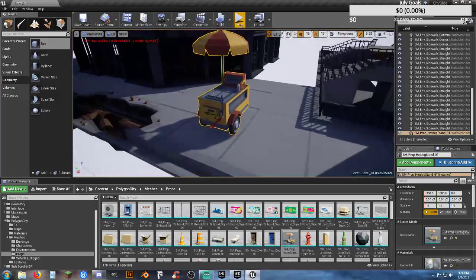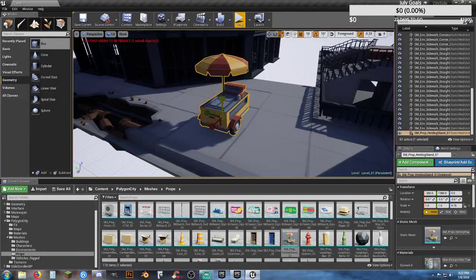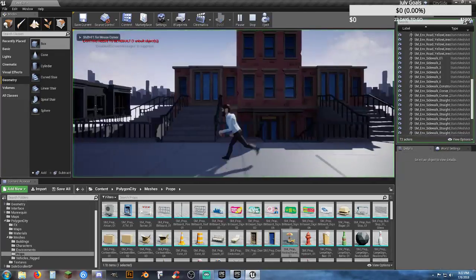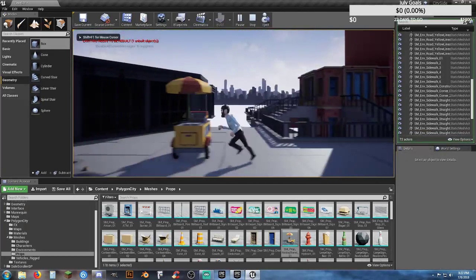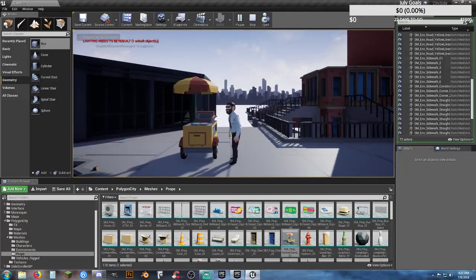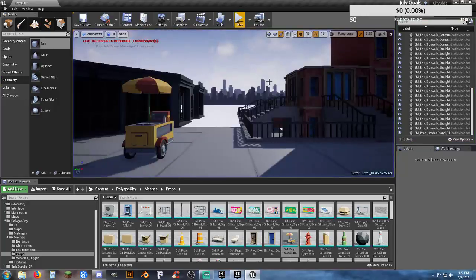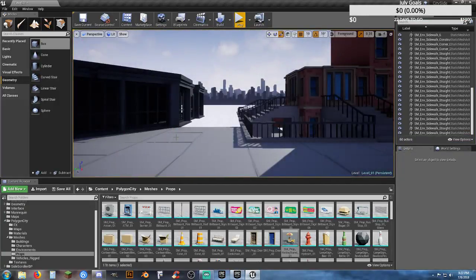So if you're going to use the hot dog cart, you're going to have to scale it down. So you want to go ahead and shrink it down to 0.75, 0.75, 0.75, and let's see how it looks that way. A little more user-friendly that way. Not to block you, and you can jump over it. So you got plenty of obstacles. I'm not going to leave it in there, but